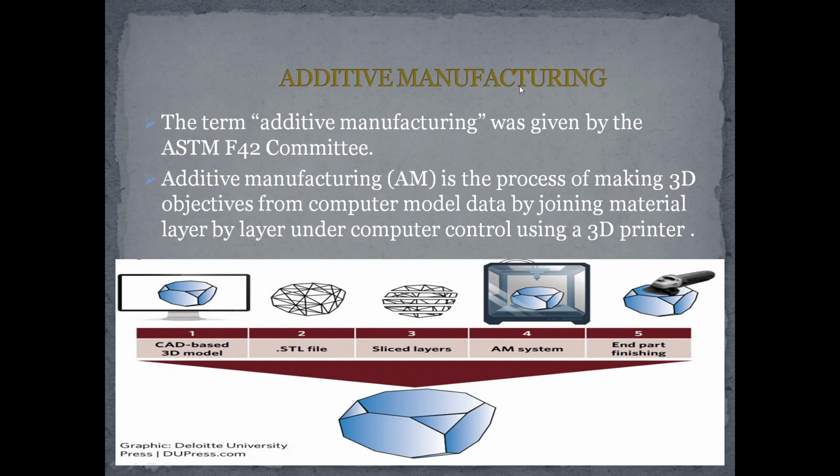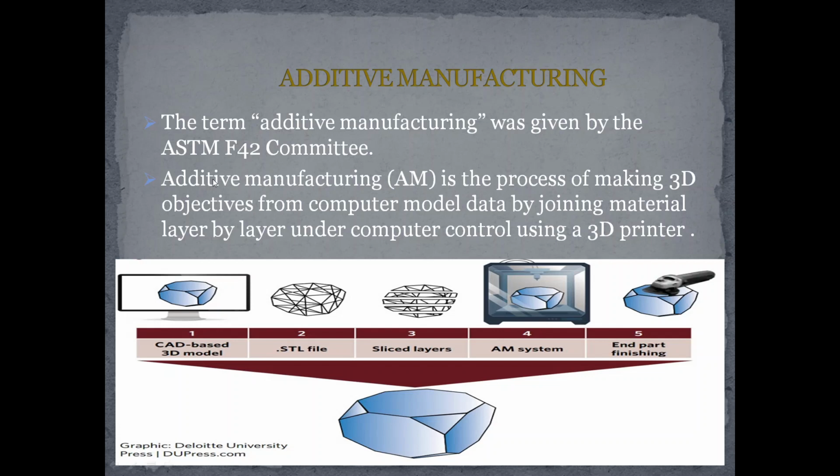So what is additive manufacturing? The term additive manufacturing was given by the ASTM F42 committee. Now the question arises in your mind, what is the ASTM F42 committee? Don't worry, I am going to clarify this. The ASTM F42 committee is part of the ASTM standards development organization. Its mission is to develop high quality and market relevant standardized processes that are open, transparent and follow due process. Formed in 2009, F42 has nearly 900 members and 8 technical subcommittees. So this is all about the ASTM F42 committee.